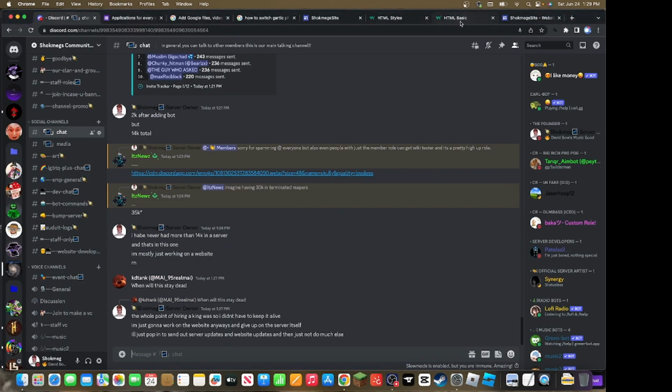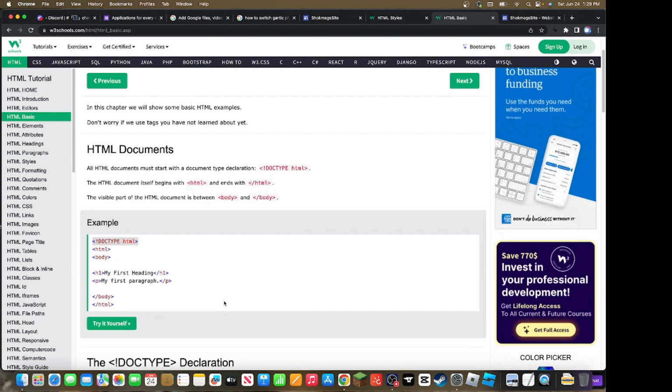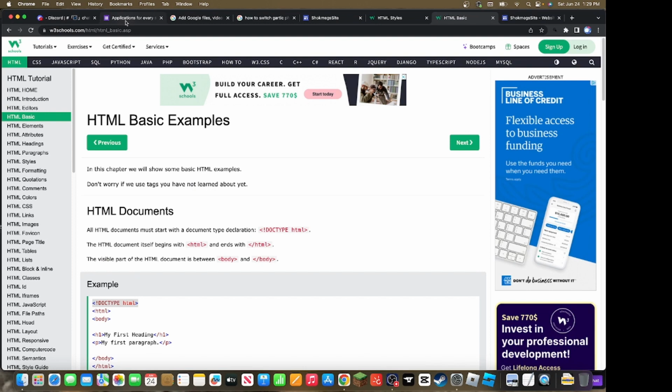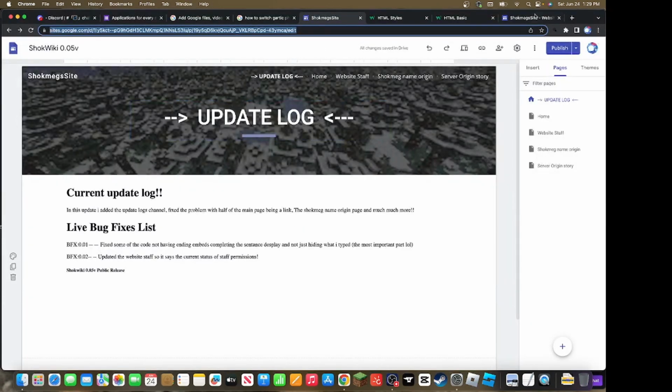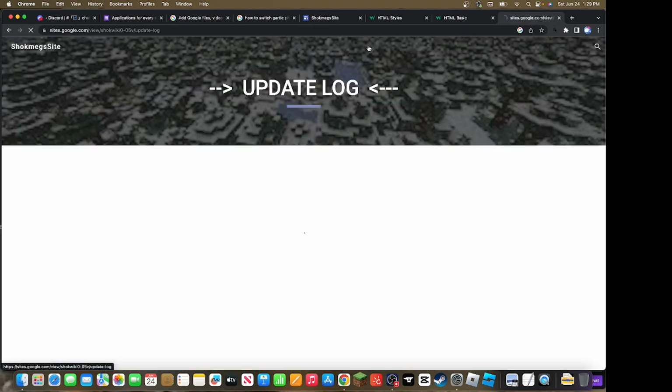Alright, today I'm going to be teaching you guys how to use the basic HTML characters and stuff for my server, or for a server of your own, or for a website of your own. If you're making a website like mine, this one right here, you're going to want to use HTML coding because